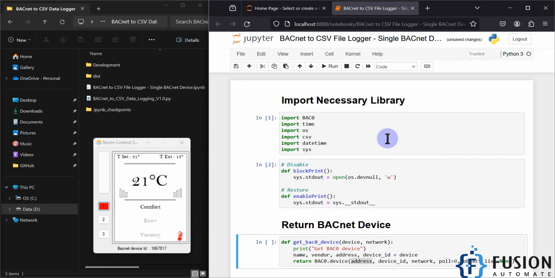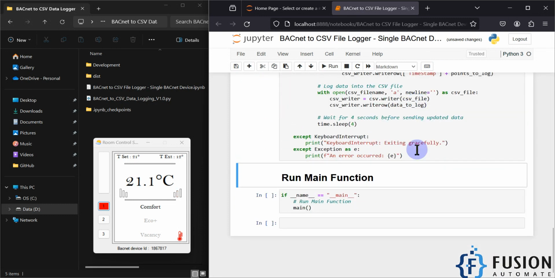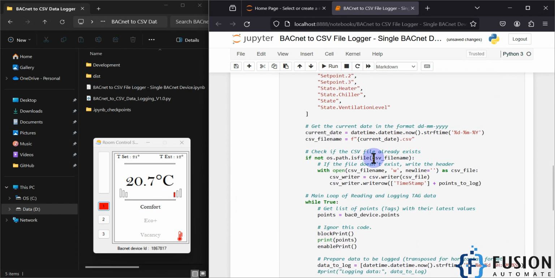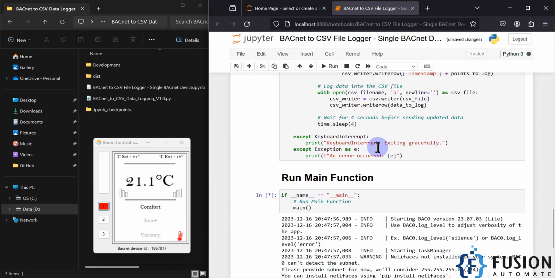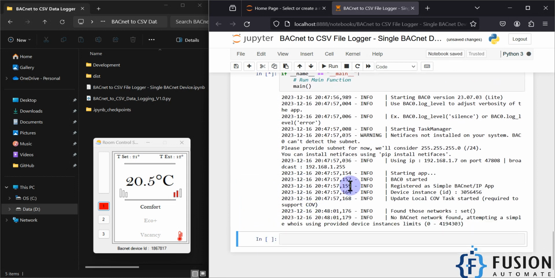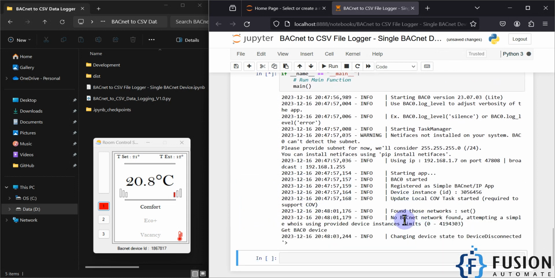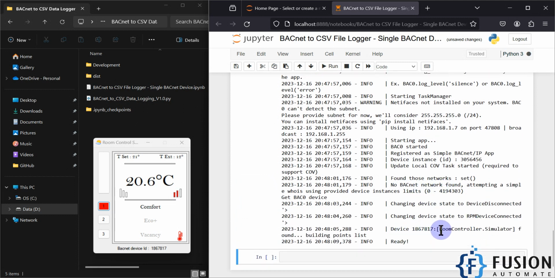Now we will again run the return BACnet device cell, and then after we will create our main function. You can see this is our main function, and then after we will run our main function. Okay, yeah, no BACnet device found. After that it started to look for the BACnet device, and here you can see one BACnet device found, room controller.simulator,